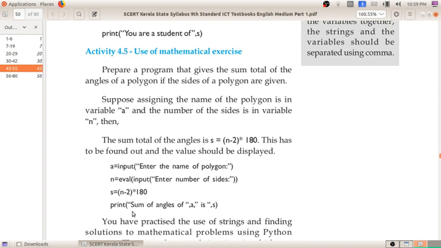So it will print the sum of angles of a triangle is this value, the value we get from the equation. I hope it is clear to all of you.